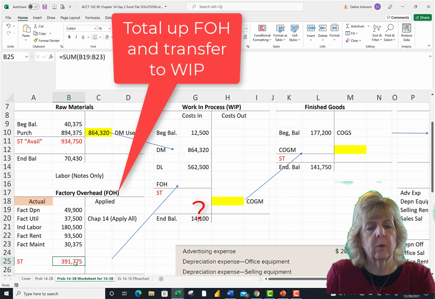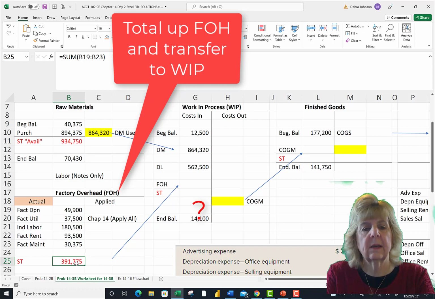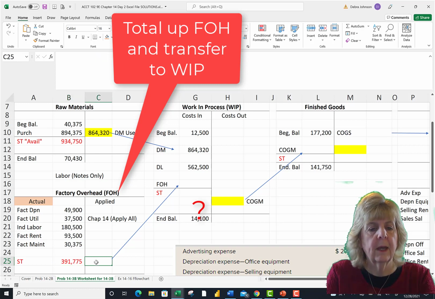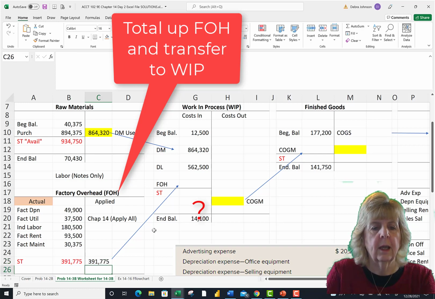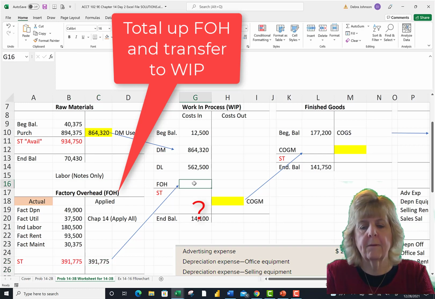I got 391,775, and I'm going to transfer all of it out of this dummy account called factory overhead and over to WIP. So I'm going to just grab that number so I don't transpose it